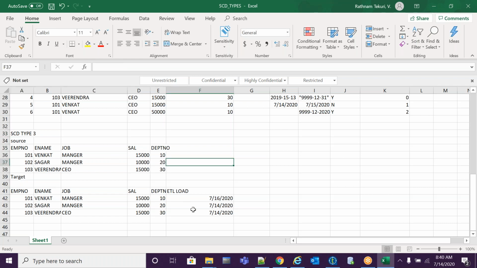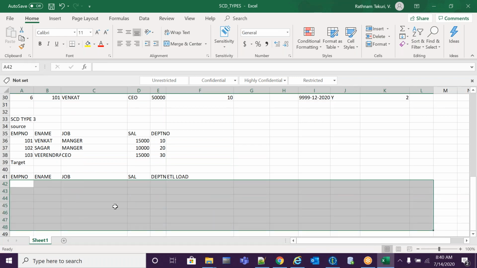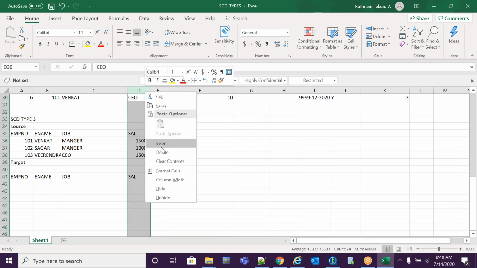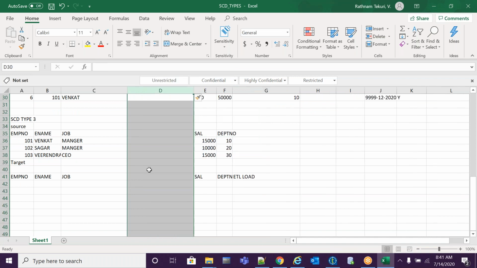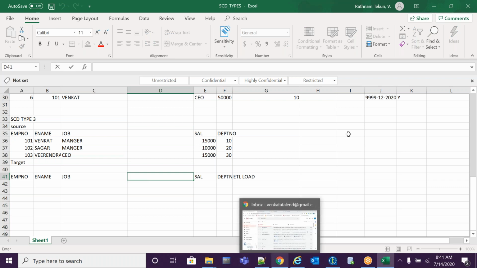So this is the first record. It's inserted with the ETL load date. Let me remove this one. It will create one new column.